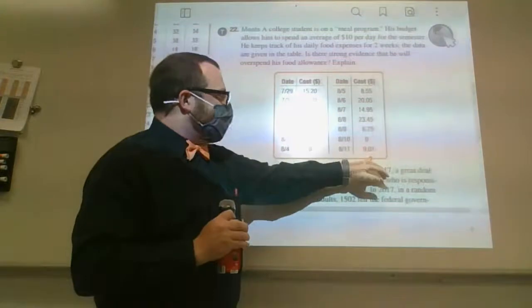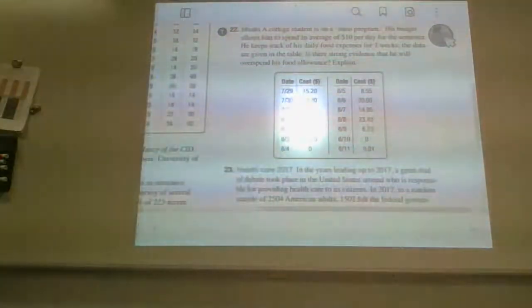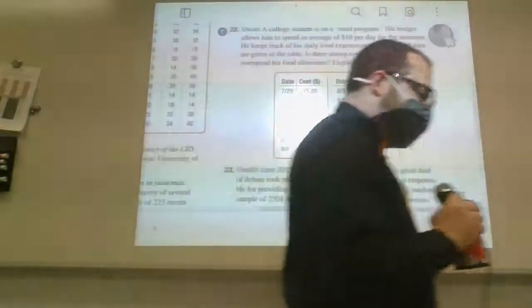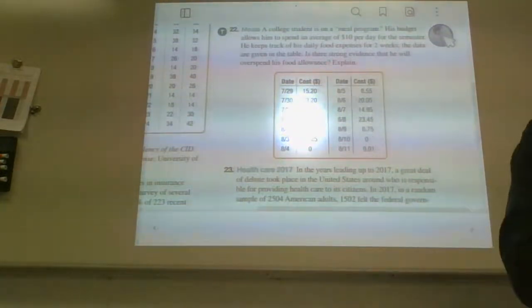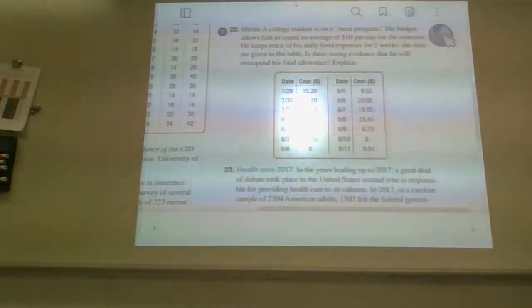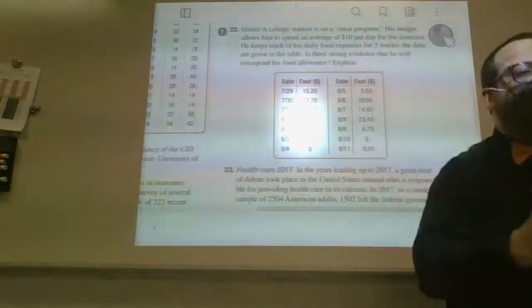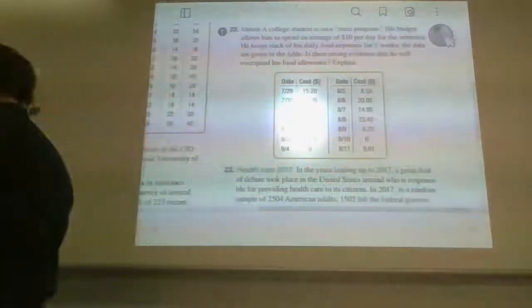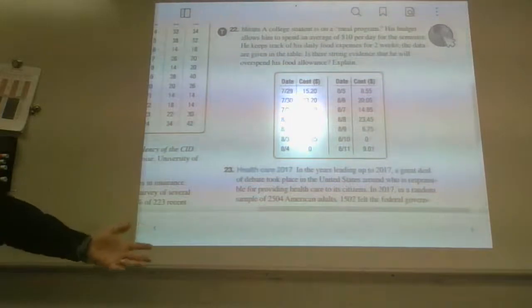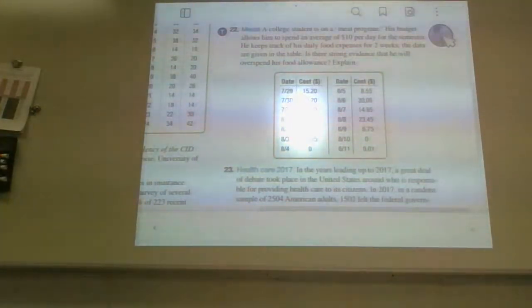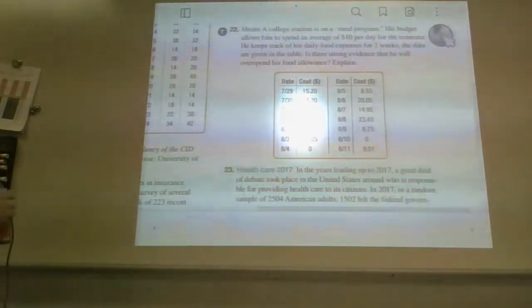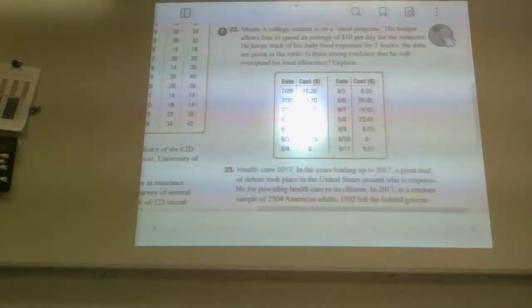Look, 3 days in a row he overspent, and then the next 3 days he underspent. It's a little difficult to go through the assumptions and conditions for this problem. And it would be helpful if this were an AP test question for you to speak to those assumptions and conditions, not just to blindly write the word independence or random, but to actually explain it in context. It is very important that you do so.